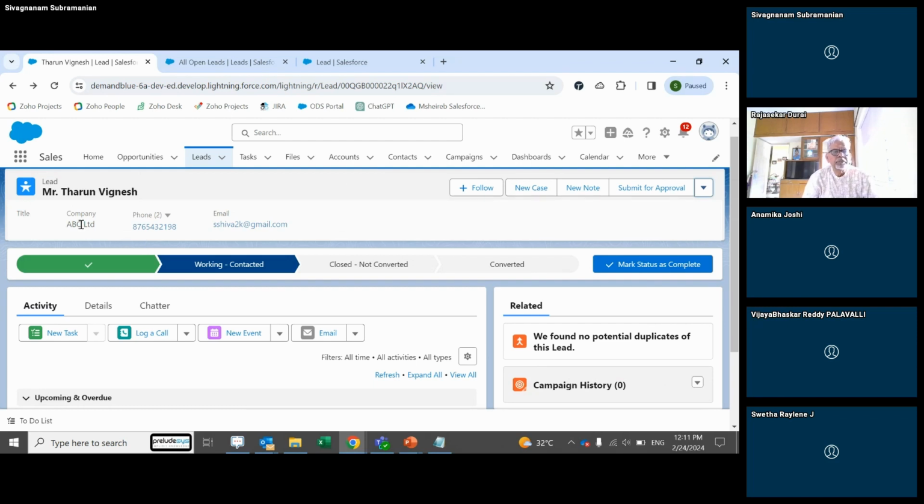You are capturing the company, either the company of the person or the company where he is working, or the company which wants to make the deal. If you are going to sell a product as a bulk order to a particular company, obviously there's a company, not an individual person. It will create an account with the name of that company, and the person speaking to you as part of the sales deal will be created as a contact during the lead conversion. Then, clicking on convert,